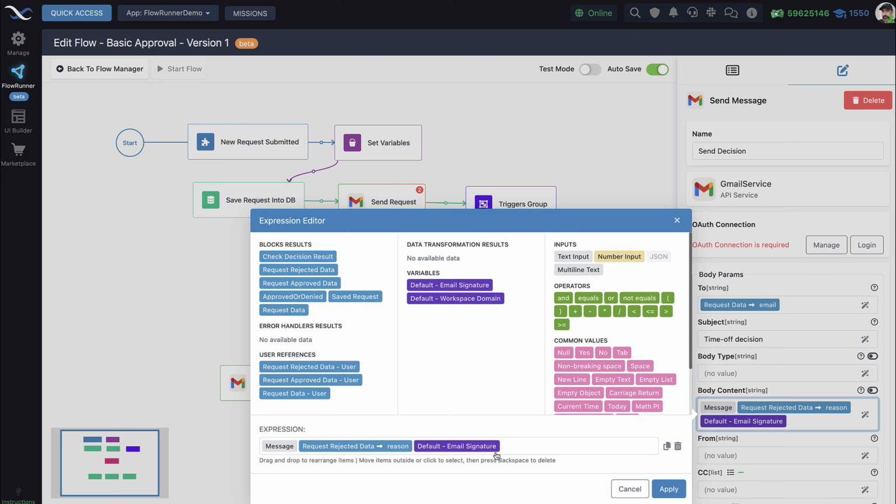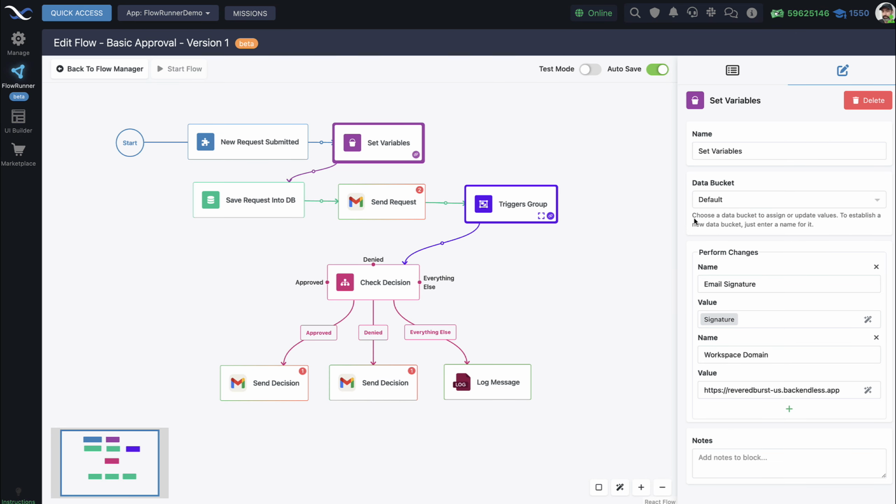And then finally, there is an email signature that we include from the variables. Now notice in the variables, it says default - email signature. So this default is something that I want to mention. If we go back to set variables, notice that these are the variables that are set. But there is also a property called data bucket. And this data bucket by default says default. You can have multiple data buckets. And data bucket is really just